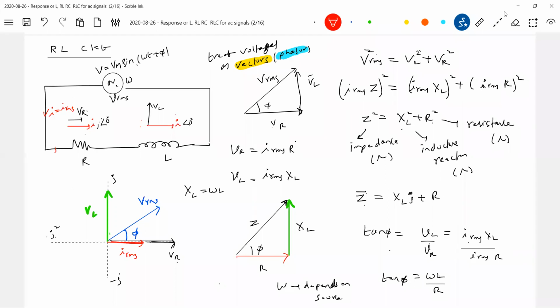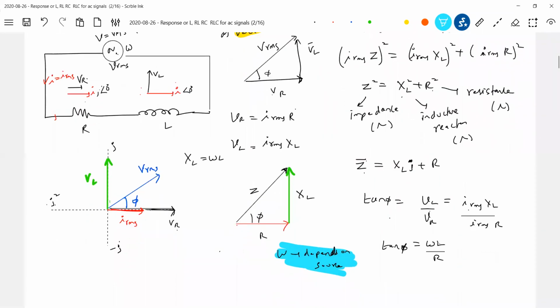Okay, got it? So I'm writing very clearly, omega depends on the source. If you vary R and L, current will change, no doubt about that. I'm not saying that if you vary R, current will not change, but a still easier method is by varying frequency. I think some words you got: j operator, impedance, all these things. So this is called the phase angle of the circuit.